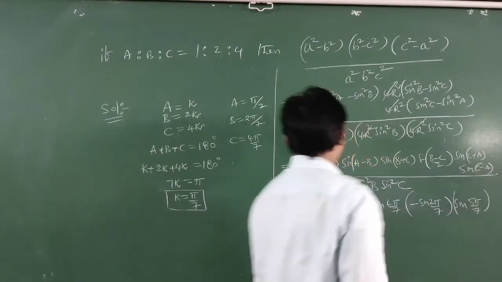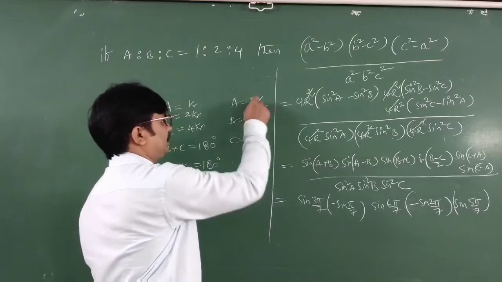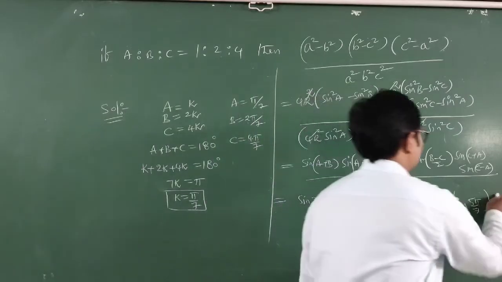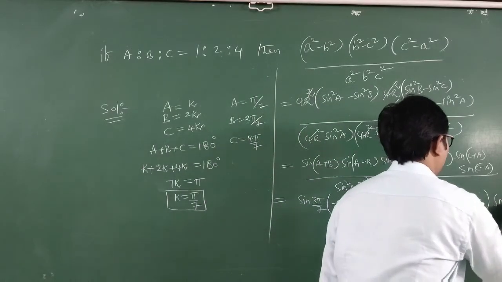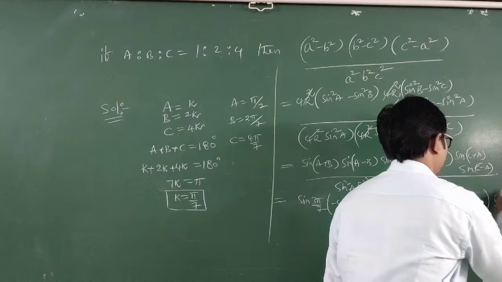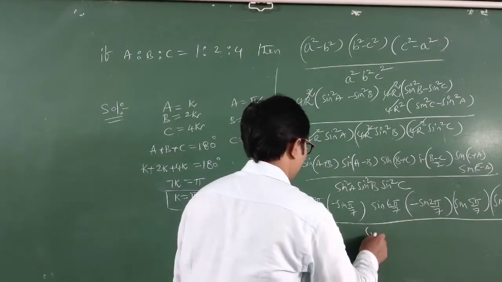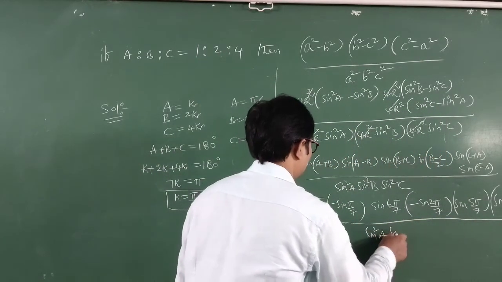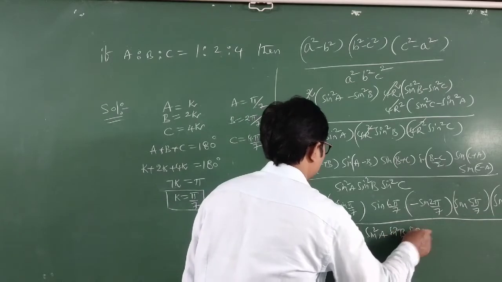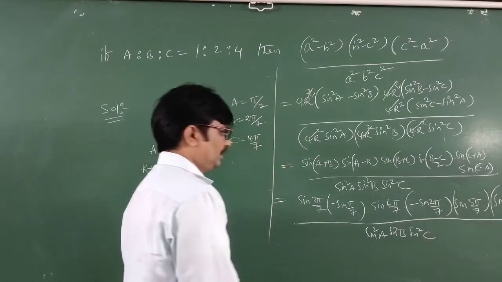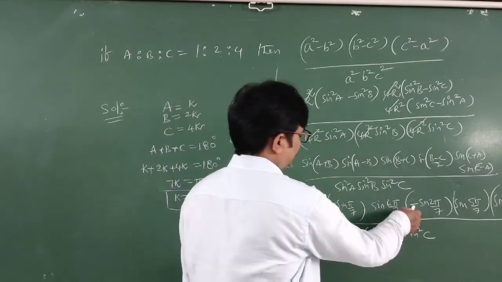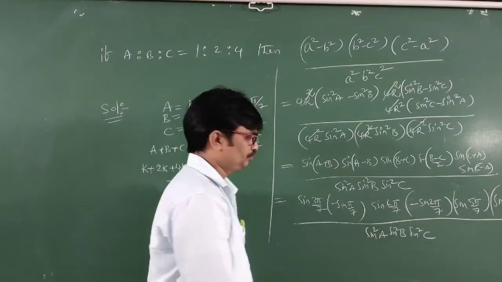Yes. C minus A, 4 pi minus 5, 3 pi. Sin of 3 pi by 7. Dear students, is there sin square A, sin square B, sin square C. My dear students, minus into minus is plus.